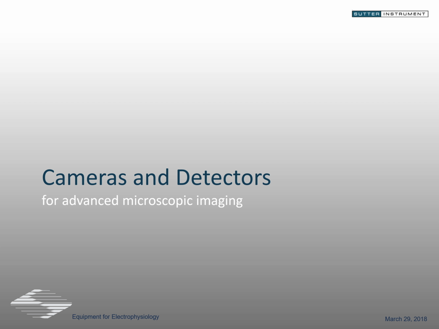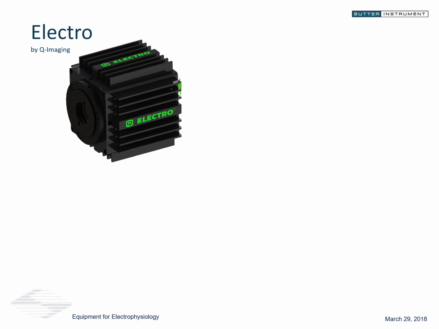Now, looking onto cameras and detectors, I don't want to go into this too much because there are plenty of resources on cameras, but I will point out a few things that might be useful for electrophysiologists to know. One, we do supply a camera from Q Imaging called the Electro. This is an electrophysiology specific camera. For example, it has an integrated grounding plug on the back to isolate the electrical noise. It has frame rates that are appropriate for video frame rate speed, for example. It has very good sensitivity and fanless cooling, so it is a very low noise, low vibration camera to facilitate electrophysiology experiments.